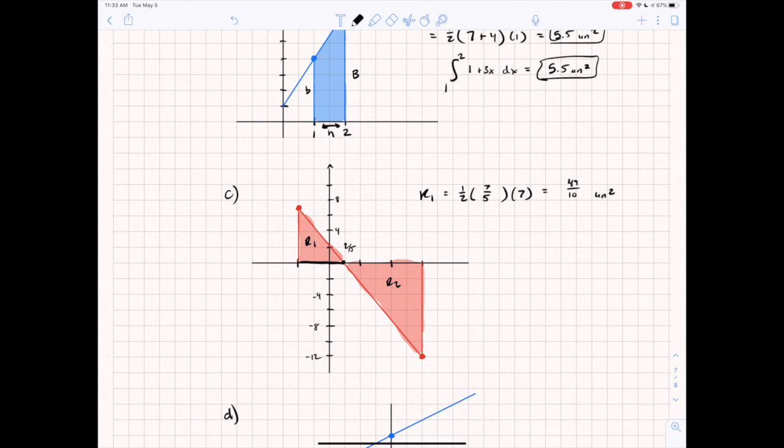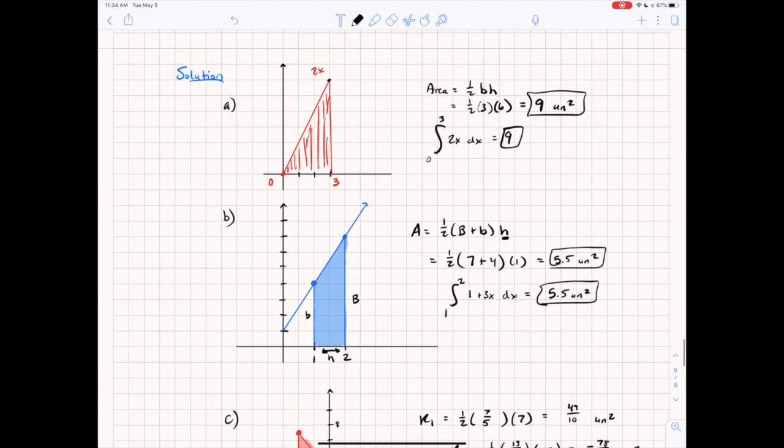For the second region, this would be 1/2. The base would be 1, 2, and 3/5, which is 13/5. And the height here would be going down to -12. And I would use that value for -12. So notice how this overall area that I would get is going to be negative. And this would come out to be -78/5 square units. This means that the integral from -1 to 3 for this function, which was 2 minus 5x,